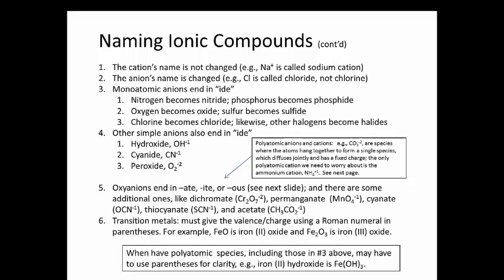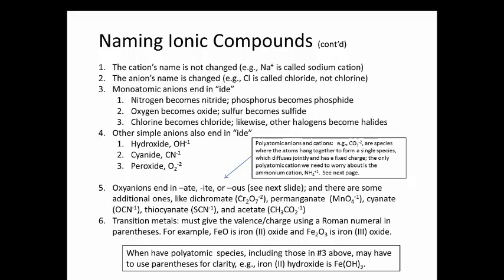Now, also, before going to this next important slide, let's point out that when we have polyatomic species, whether they're anions or cations, sometimes we have to use additional parentheses to make sure people don't get confused. So look at the example that I've just shown you. If you have iron 2 hydroxide, if I were to write out iron 2 hydroxide as a chemical formula without